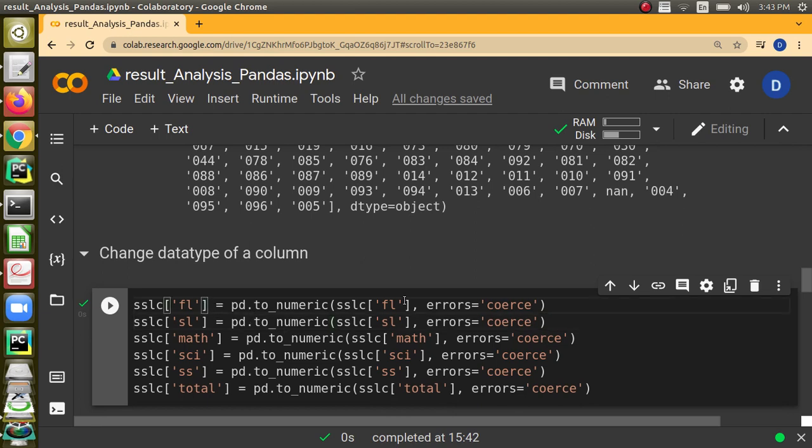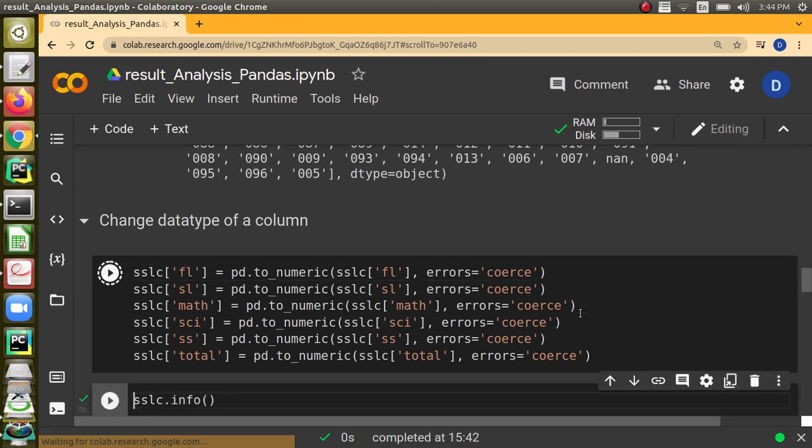Please note that if we just write to_numeric, it will not work. It will create a new column. to_numeric will take a column, convert it to numeric and return a new column. So we have to replace it in the data frame so that the changes are reflected.